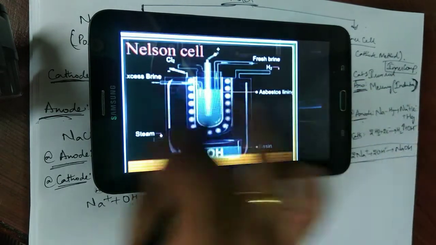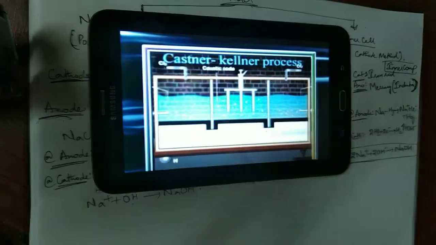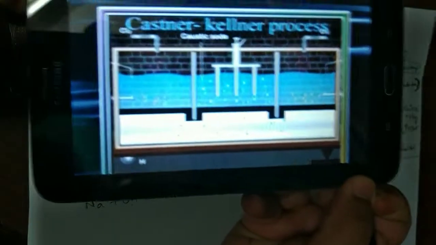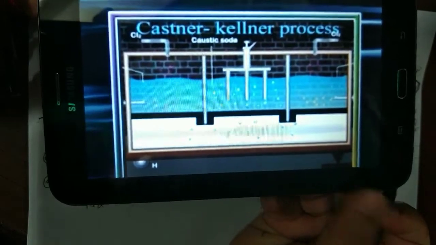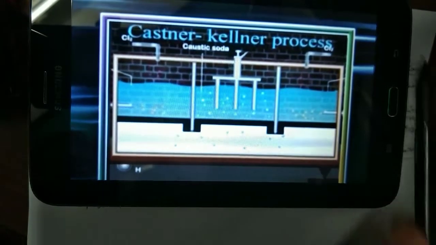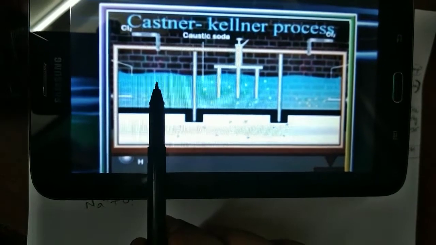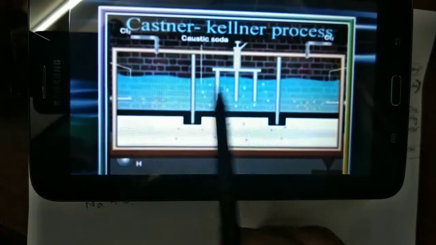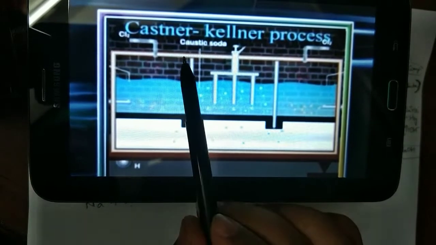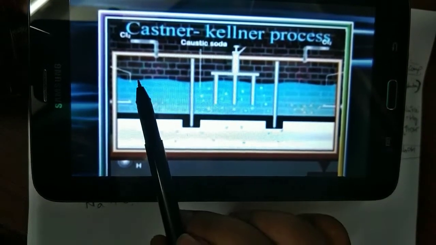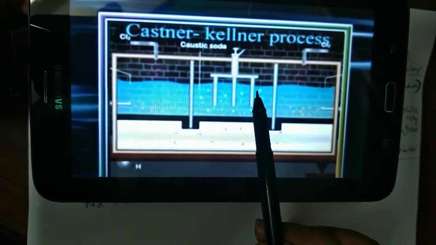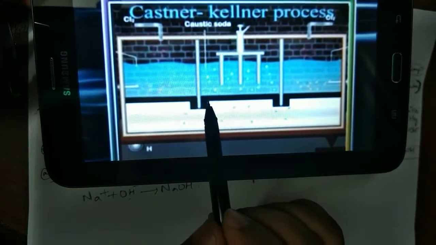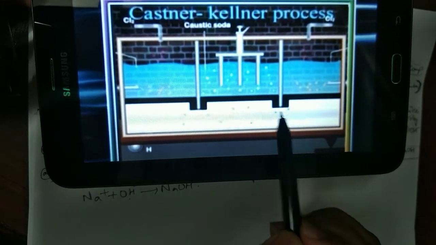Okay. Same way now, the Castner-Kellner process you can see. As I was saying about 3 compartments, this is a very big tank. There are 3 compartments, compartment 1, 2 and 3, which are separated by plates, okay. These plates separate the first and second, and this one separates the second and third. Fine. And here we have the dark black lining, that is our mercury.